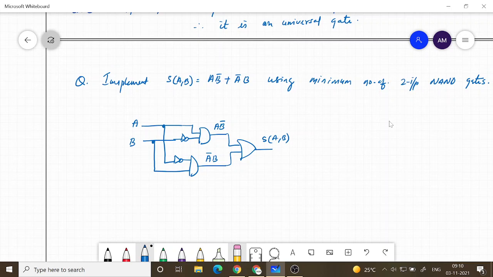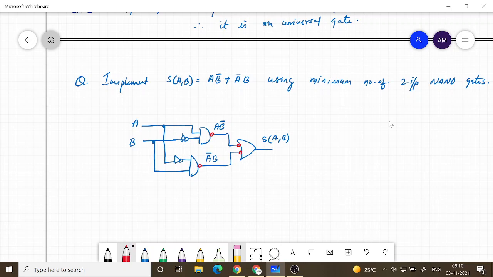Okay. So what we will do now is we will introduce some bubbles here. Okay, I can cancel this bubble by putting another bubble here. I have not changed anything. I have introduced a bubble which stands for NOT operation. Okay, I introduced two bubbles.